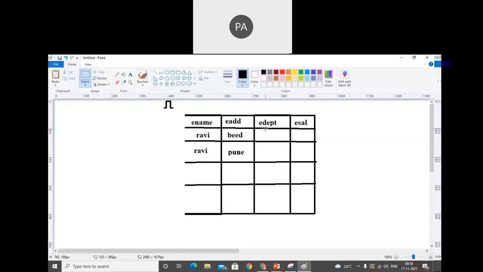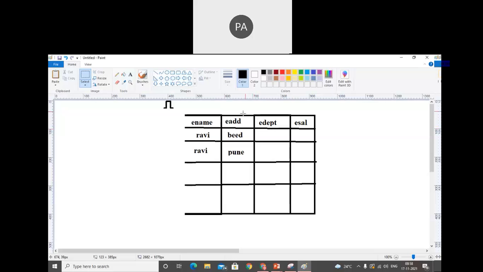In that case we need to specify a composite primary key. So what is a composite primary key? A group of two or more attributes or columns will be made the primary key.